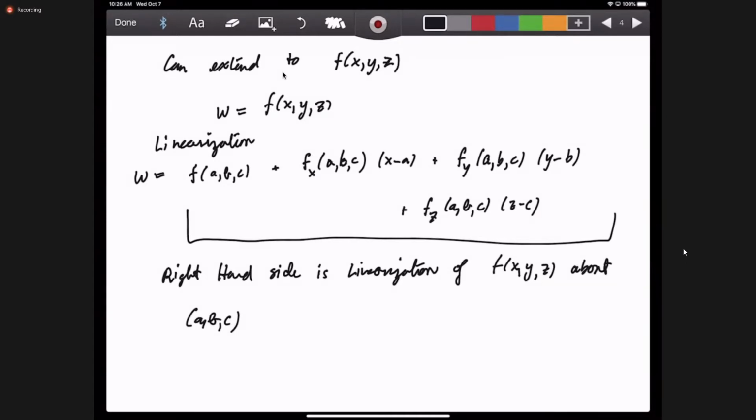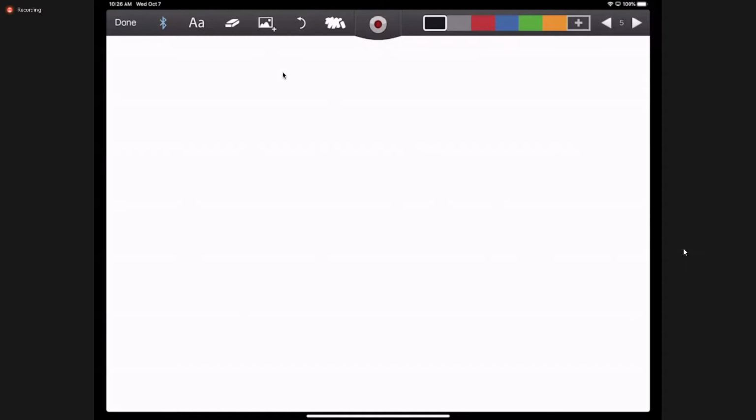All right, so there's the basic idea. It's a generalization of what we know about the tangent line approximation. And there's a few things that are built on this. So first, we say a function is differentiable. And we're going to go back to a function of x and y here. We say it's differentiable